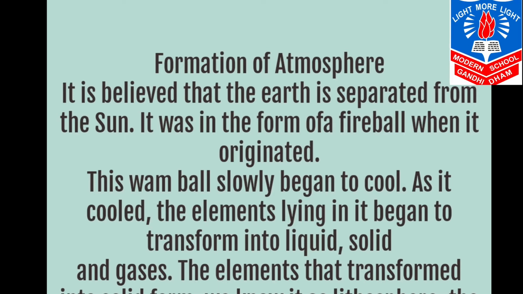First one is formation of atmosphere. So students, it is believed that Earth separated from the sun. It is a separate planet from the sun, and it was in the form of a fireball when it originated. That was in the form of a fireball. Now when this warm ball cooled down, its elements began to transform into liquid, solid and gaseous